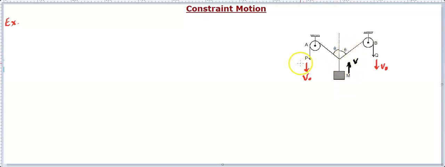So what we can do is apply this rule, summation of T dot v equal to 0 for all the blocks. We can solve this in n number of ways, but this is the way we are focusing upon. What does this mean? Wherever the terminals of the string are coming or blocks are connected, you need to watch that. This block is connected here, right? So you can see what the tension here is going to be. At this point there's no block, so you can think of a point here, just like a block.